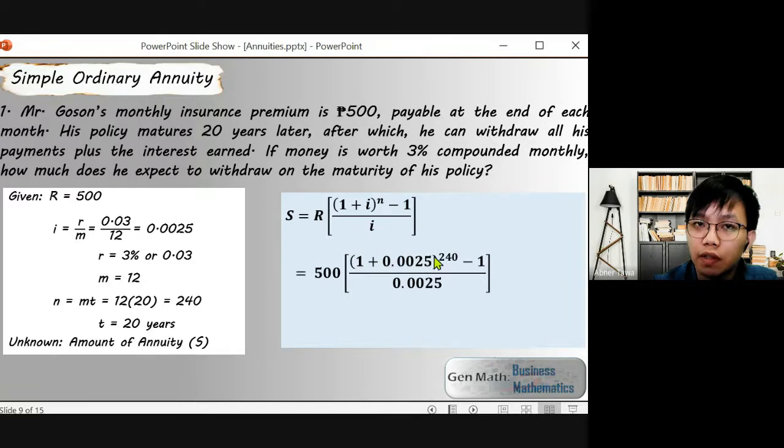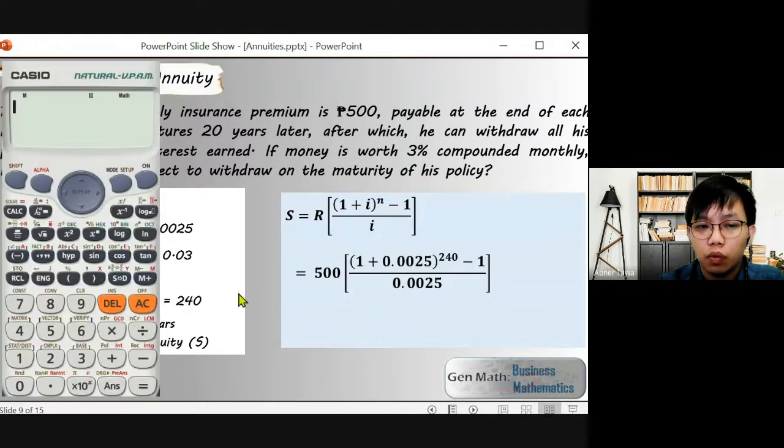It will be better if you're going to use a scientific calculator to solve this one. Or you can just have the calculator on Google. Mayroon tayong calculator dyan na pwede natin gamitin sa pag-solve nito. Well, of course, you can solve this using higher mathematics, but it will be better if you're just going to use calculators, kasi meron tayong exponent na 240, and that is a very, very large exponent. So we're just going to use a scientific calculator here. And if you're going to input this sa calculator, dapat tama yung pag-input natin.